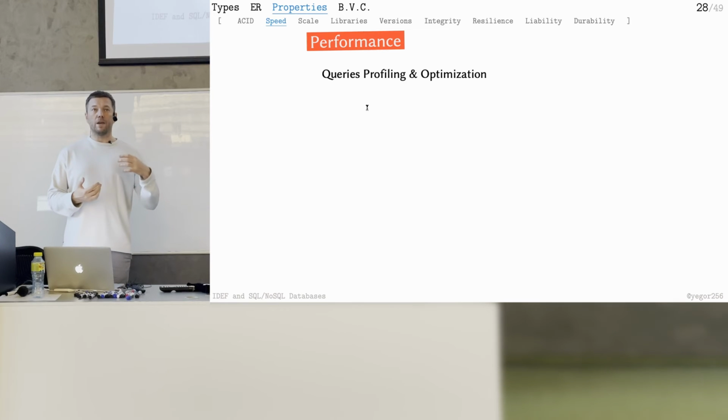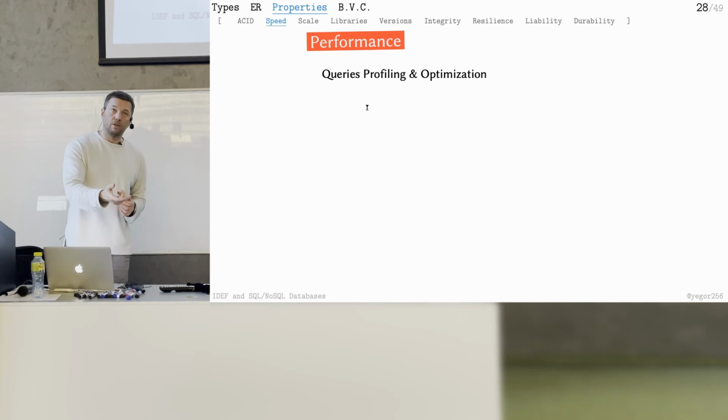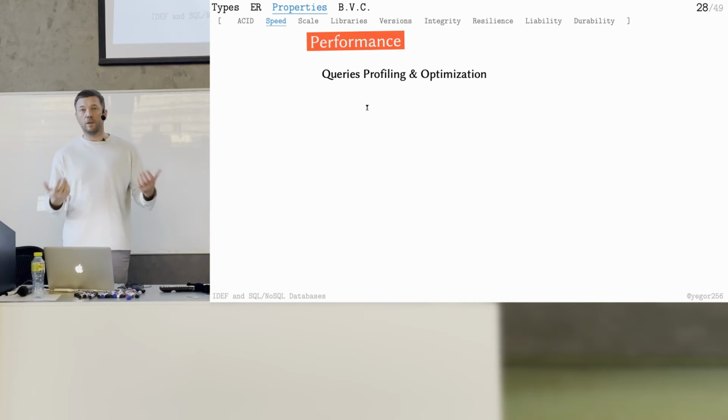Profiling is something like this: you make a query to the database, it returns the result in 5 seconds, but you want it in 5 milliseconds. So you say, okay, explain to me why it was 5 seconds. For example, in Postgres, you have the instruction called explain. Then Postgres will return you the details, like what the 5 seconds were spent on, what exactly was done there. This is profiling. If the database provides you this, it will be easy for you to develop, and you will use this knowledge to improve your queries and maybe introduce some indexes.